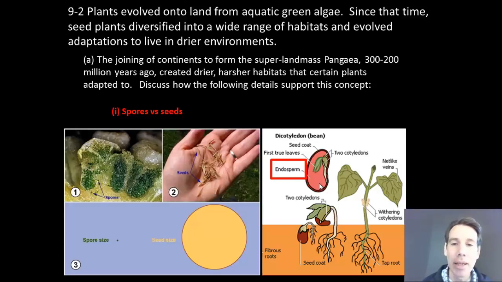And so the plant can go for days and days and days without having to photosynthesize, and it's relying on that endosperm. If we contrast that to a spore, it doesn't have endosperm, so it doesn't have any kind of a food reserve. So it has to very quickly begin to photosynthesize, and the environmental conditions have to be perfect. There has to be ample sunlight and plenty of water for them to grow. Compared to a seed, the conditions can be more wide-ranging, and that gives the seed plants a much greater ability to occupy environments that are not always ideal, that are not always moist and always perfect. And that has helped the seed plants become the dominant group of plants today on Earth.